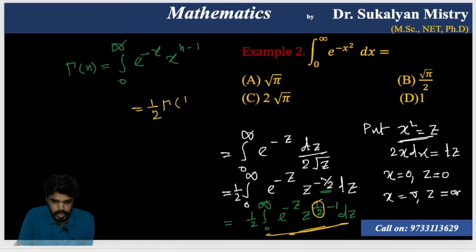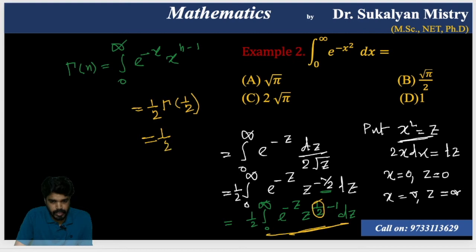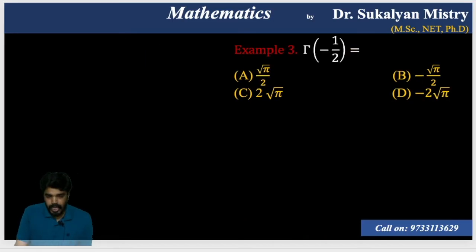We know that gamma 1 by 2 is root pi. So that is 1 by 2 root pi. Okay. So, option B is correct. So, next example, we have to calculate gamma minus half. Okay. So, we know that